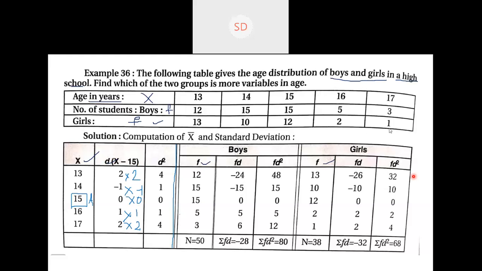Okay. So now let us go on and solve the first frequency. The first frequency I'm taking only for boys. I will consider these two, age and number of students, boys. So I'm taking these frequencies of 12, 15, 15, 5 and 3. Now once I consider these two columns,